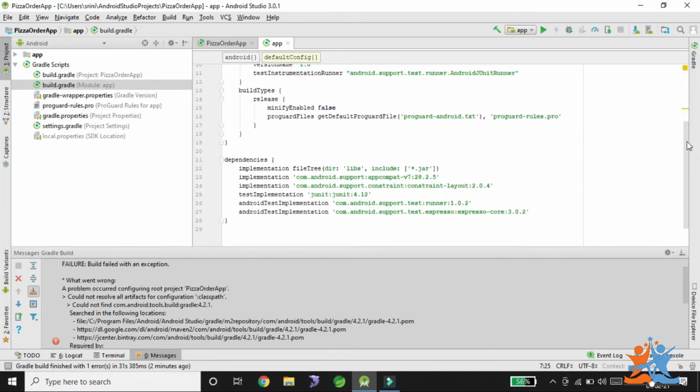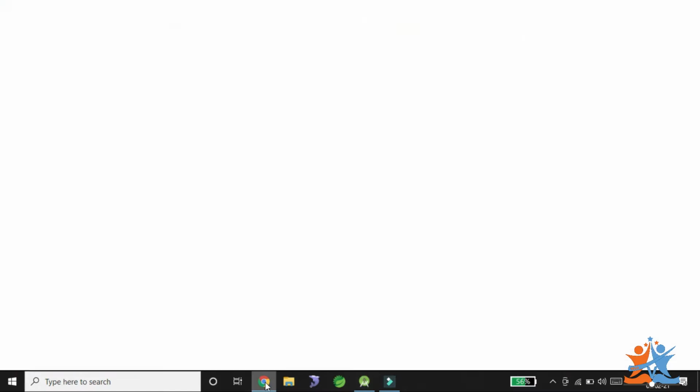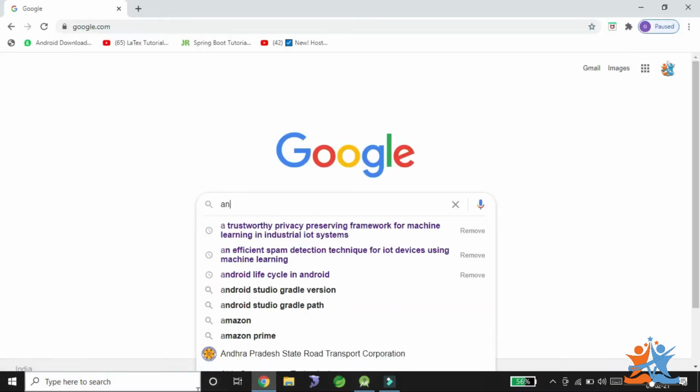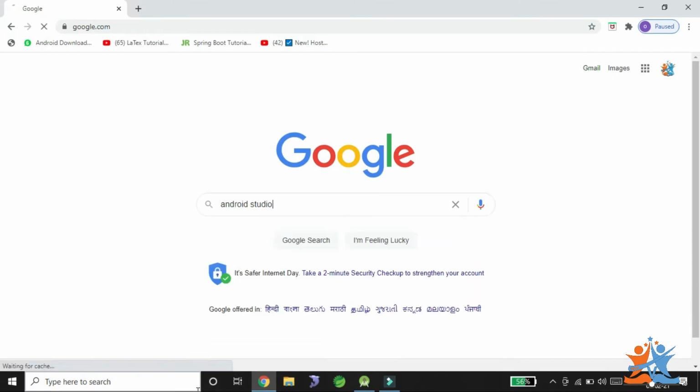And here we need to change the compatibilities of appcompat v7 28 versions. What are the things we have, and how do we need to change it? First we need to go to Android Developer Studio. Taking an example, I need to go to Android.